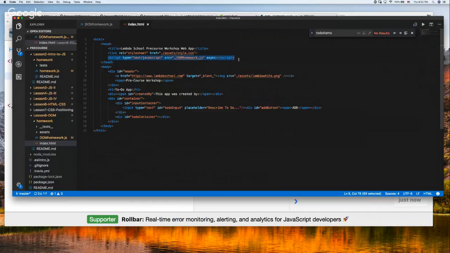So don't worry about that too much right now. Just know you need to put async on there, because usually what's happening is your script tags here will have a link to a location on a server somewhere else, and it's going to go out to that server and grab the JavaScript or some of these other things, depending on how it's structured. And so sometimes your HTML file and your JavaScript file will arrive on your computer at different times, and so you have to